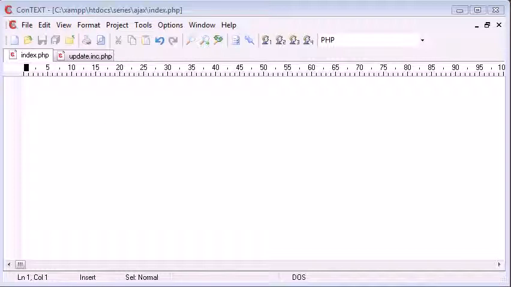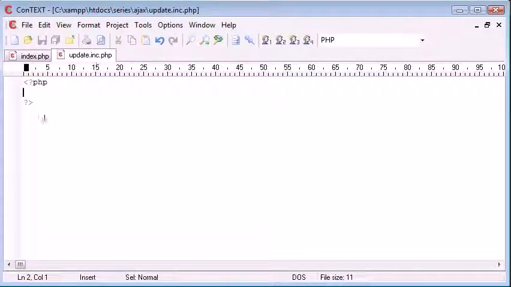Now, in this Ajax series, we've already looked at using the XML HTTP variables we've been using, and we've been posting data to our page using the get method. So we've been picking data up in our include file using $_GET. Now what if we want to send post data through to another file? So we're going to do exactly the same format as we've done before, but this time we're going to create